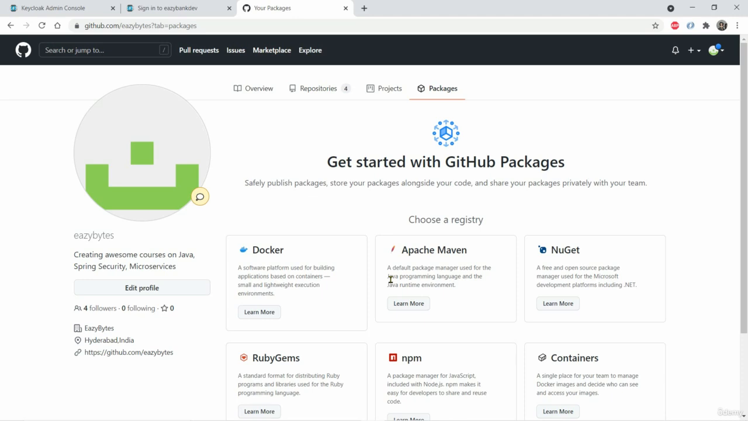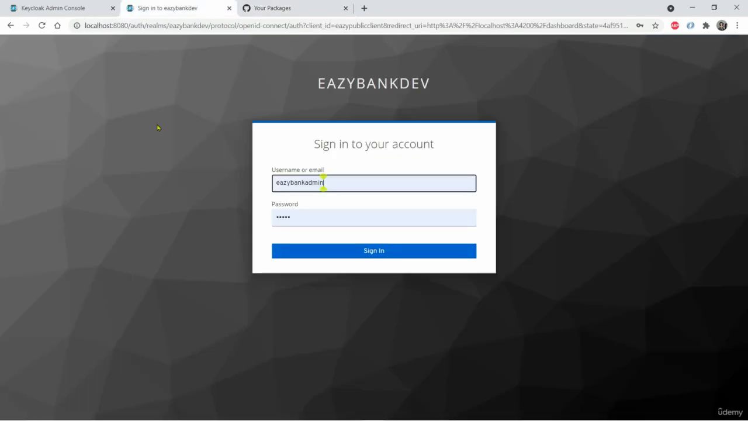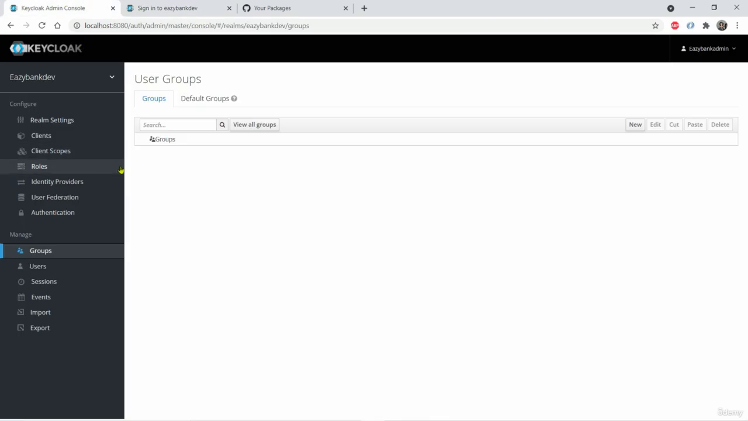Now in this lecture, let's try to integrate social login into our EazyBank application with the help of the GitHub Identity Provider. If you observe the current login page, the user can only enter his username and password, but there is no option of social login like GitHub or Facebook. In order to integrate social login into my login page of my EazyBank application, I can go to the KeyCloak